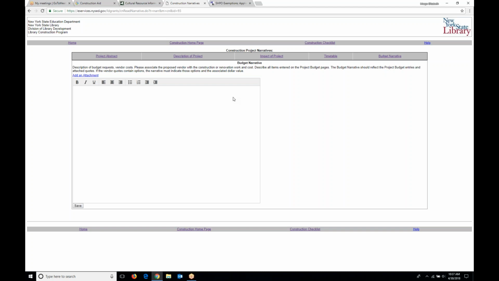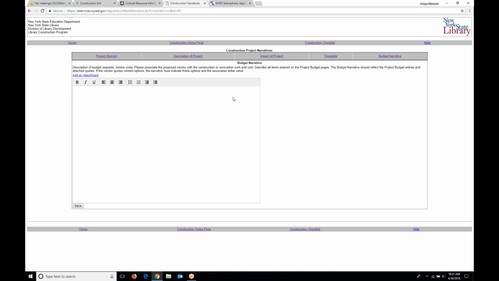That's how you do it. But once this is closed, the state expects to give you the amount of money that you said you would use. And it will hold you to this budget narrative. So this is a scope of work covered by this set of funds. This is the other thing that you'll want to refer back to when you are finishing out your application,